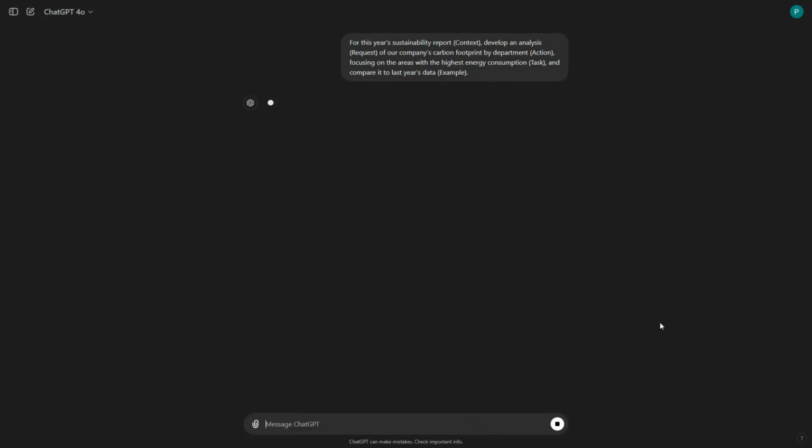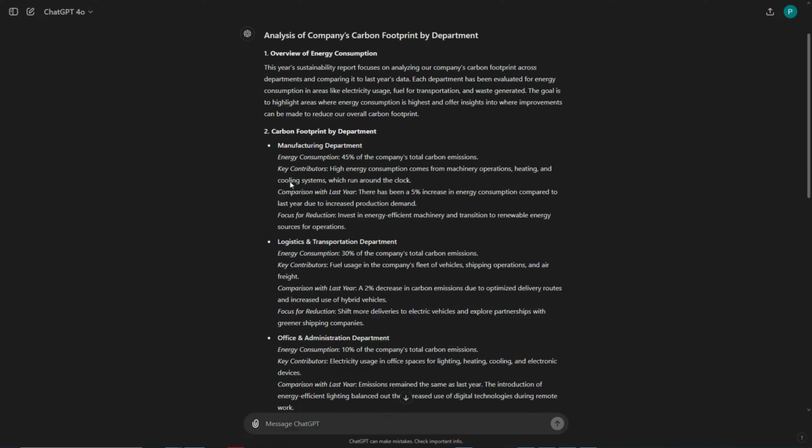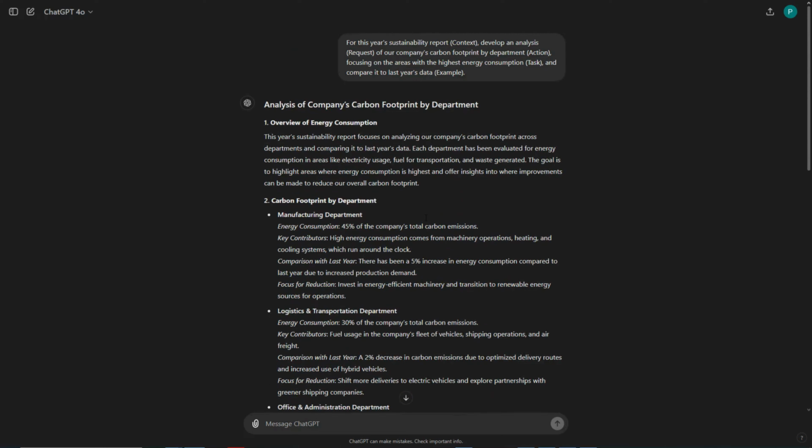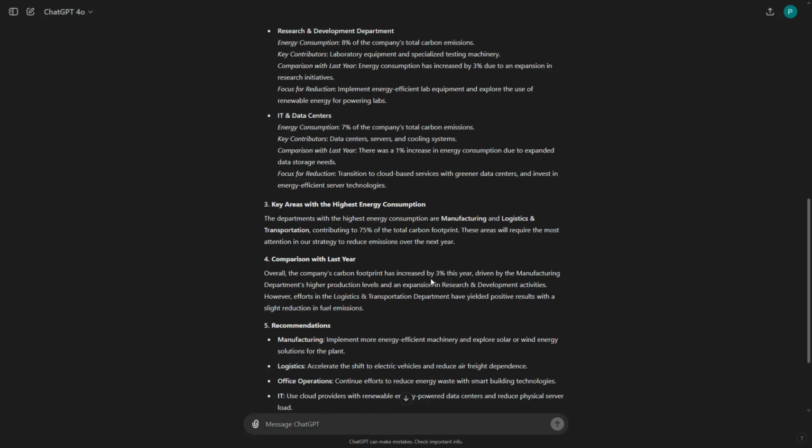So if I run the prompt now, I have the final output, that is covering the analysis of company's carbon footprint by department. The first part says the overview of energy consumption and then carbon footprint by department. You can add your own departments in this particular area, that is over here in the action. And lastly, we have the key areas with the highest energy consumption.